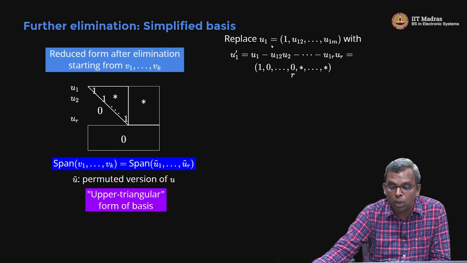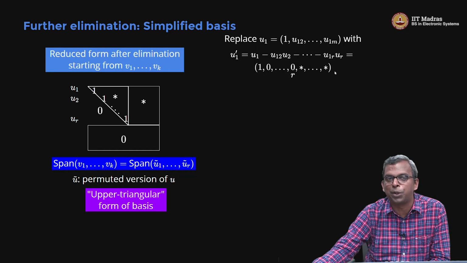I replace U1 with this U1 prime, which is U1 minus U1,2 times U2 minus, say, U1,3 times U3, and so on till U1,r times Ur. I have only up to r, right? So up to that I will replace. Now what will happen there is, this will be 1, and you can't do anything about it. The second term will go to 0, because I took U1,2 times U2 and subtracted it from U1. Likewise, the third term will go to 0. Fourth term will go to 0. Everything up to r will go to 0. After r, I don't know. So here is a crucial, nice little idea where you replace it this way and get down to zeros